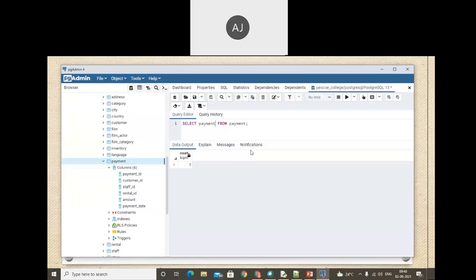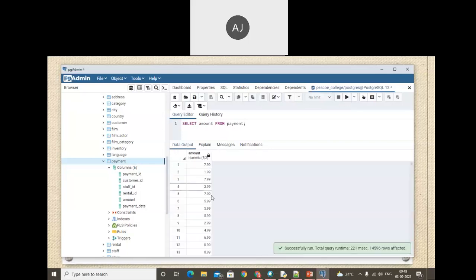Another attribute name is amount. See, we get a certain amount of entries, near about 14,000. So let's execute one more time. 14,596. This is the count I want. What did I need? I needed the count. So what should I do here? I will use count. Okay, I will execute. See, we get the count